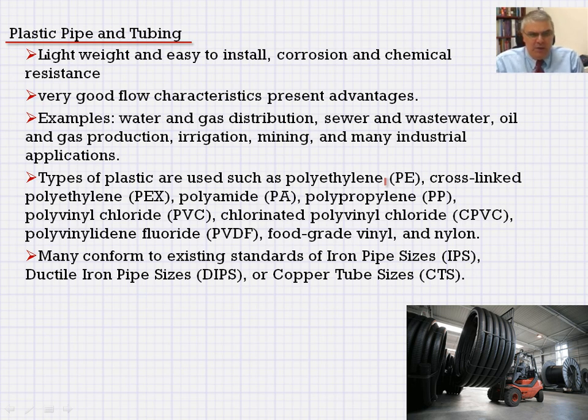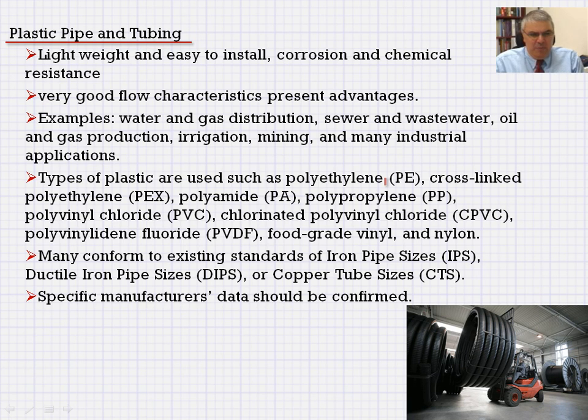The market for plastic pipe and tubing competes with other types of pipes that are available, so they need to be comparable, and as such, many companies build these pipes as far as the size, to match the size of other types of